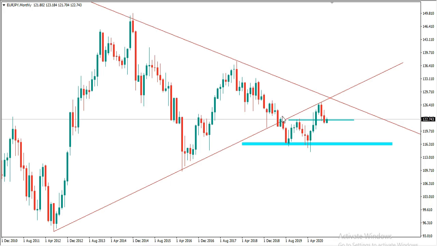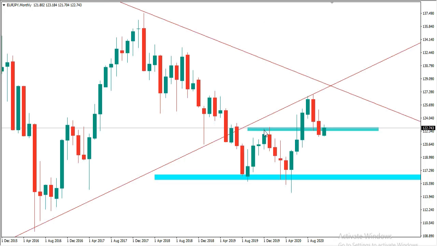triangle pattern, and then after the break right here we had the price find support at this area twice before the next move higher. By the time the price was approaching this area, it was finding resistance at this ascending trend line support, that's the previous support of the triangle pattern. We have the price reject that area as resistance, which caused this move lower. And then if we look close, we see that last month's candle gave us a monthly close below this area of